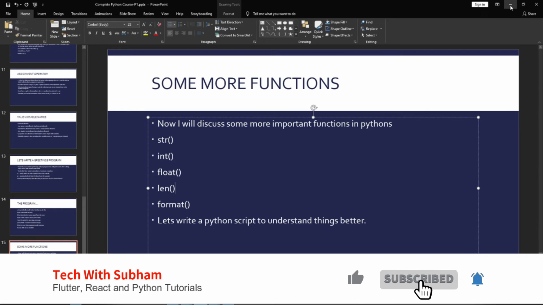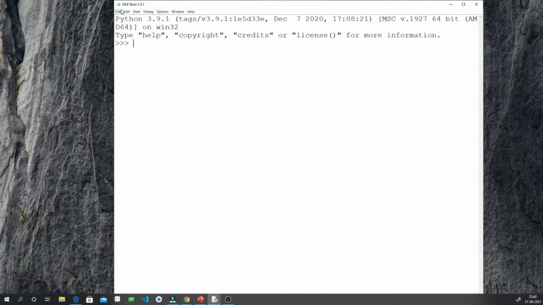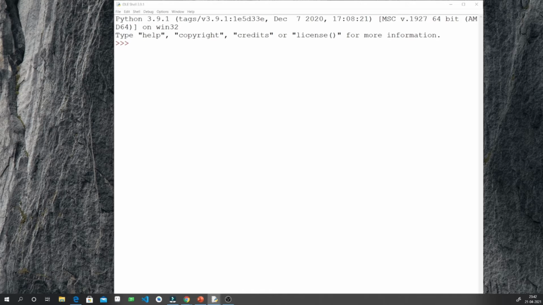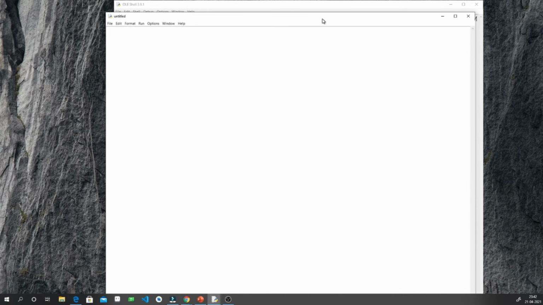So let's minimize this screen. I will create a new file. After creating a new file, first thing we will do is we will save the file.